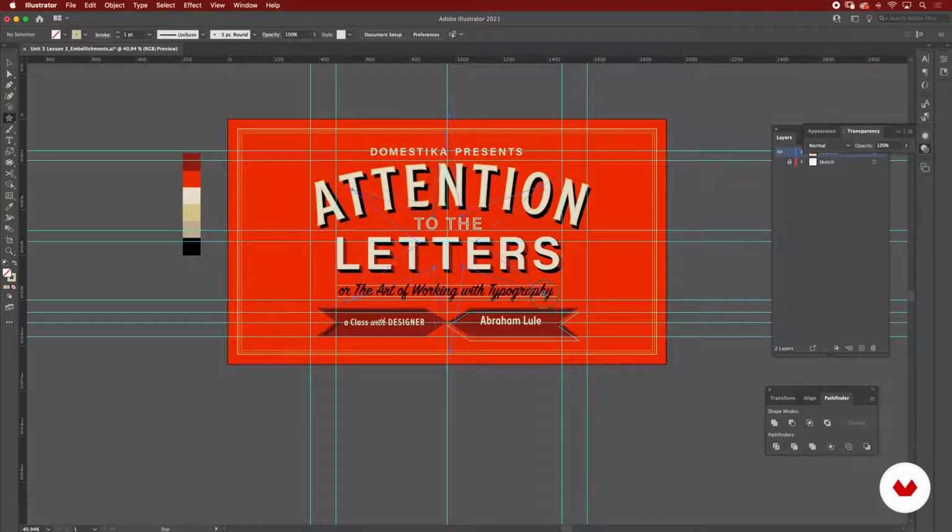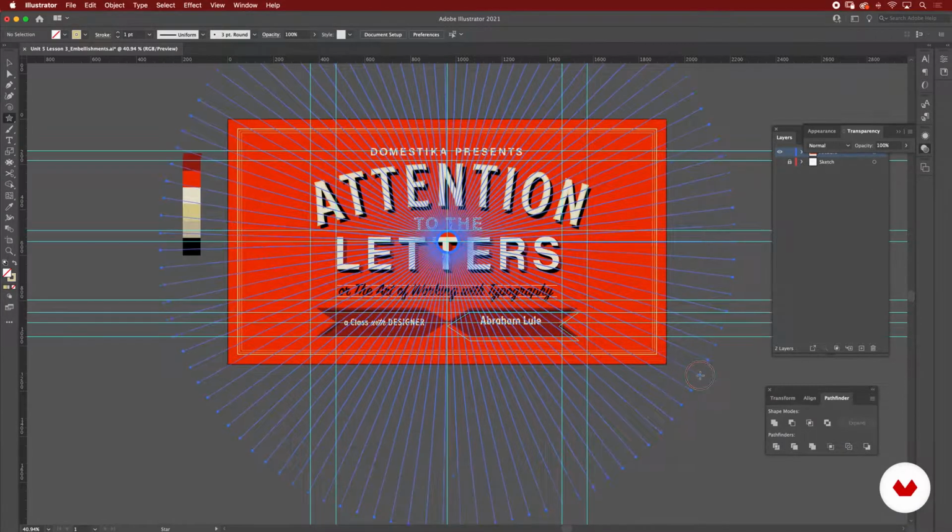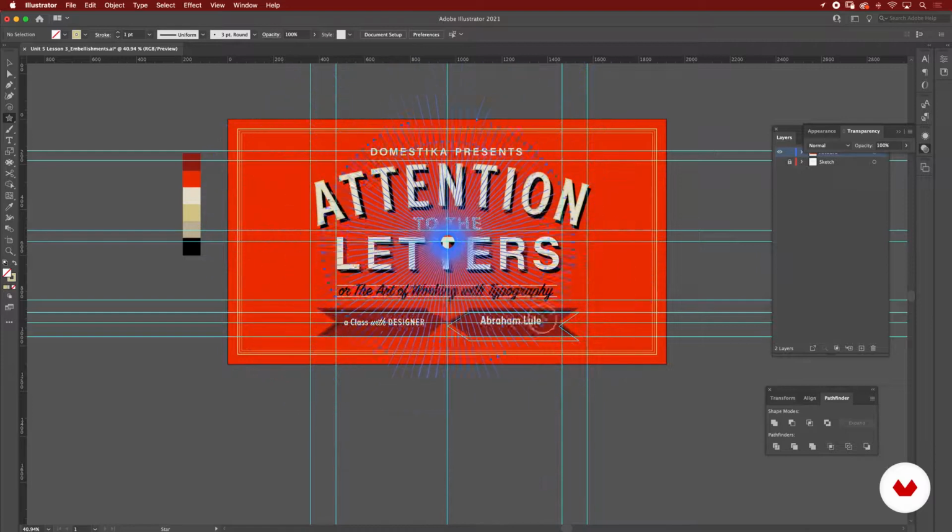If you are happy with it, just start playing with the arrows, going up and down. So up is going to increase points of your star, and down is going to remove them. I want something that looks more like a burst. So I'm going to do this and then Command, drag, so that center is almost invisible. You see here,